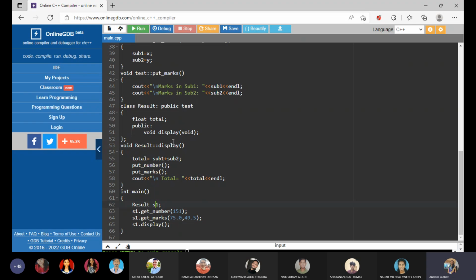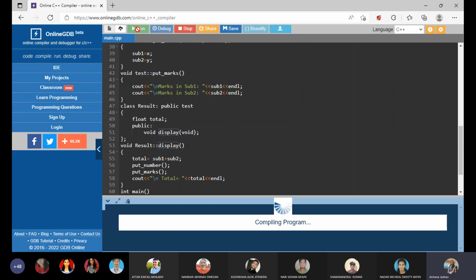See what I am doing. I am creating an object of class result, and with that object I am calling the get number method, which is of class student. I am calling the get marks method, which is of class test, and I am calling the display method, which is of class result. So when I run this program,